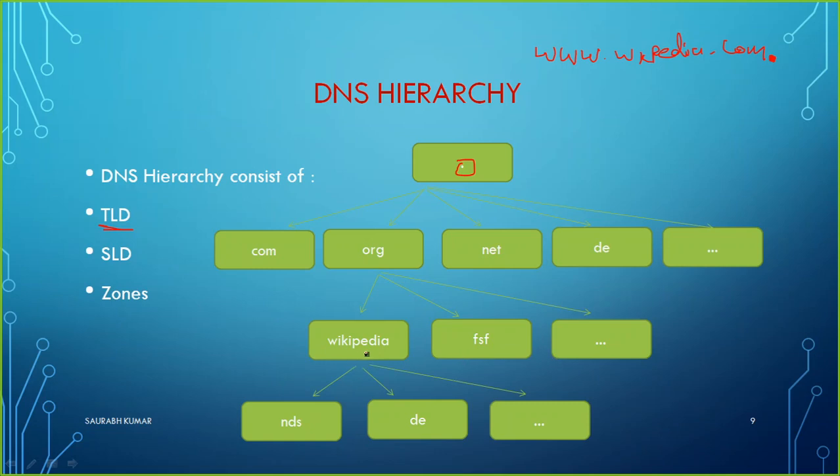Somebody has registered with Saipali, somebody has registered with Google, somebody has registered with Gmail. So this is the name here, and thereafter in the name also we can have some other kind of zones, or maybe you can have a different condition. For example, in Google we have mail, especially for mail is a separate domain, so they can have the name like mail.google.com. That will be the fully qualified domain name.